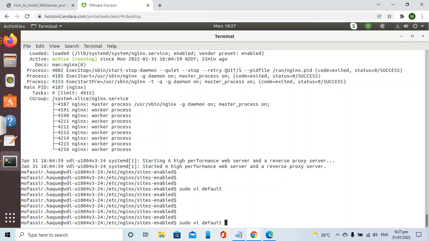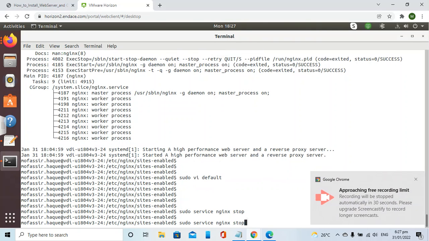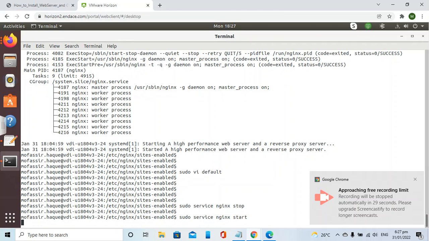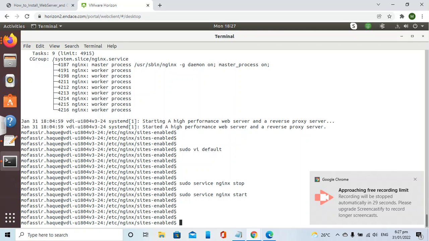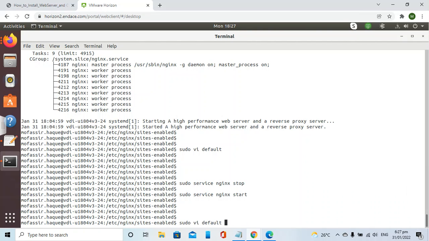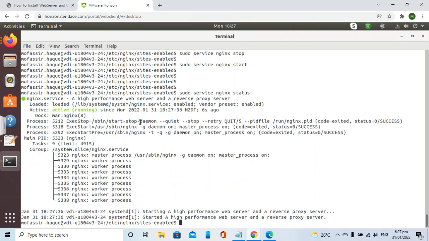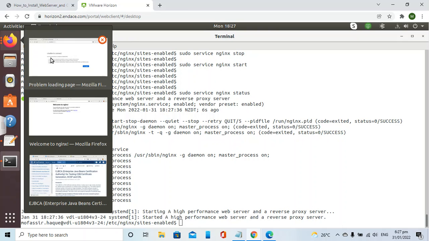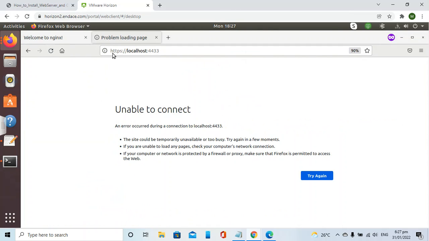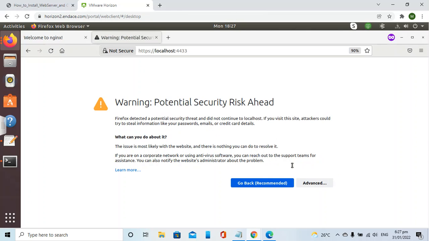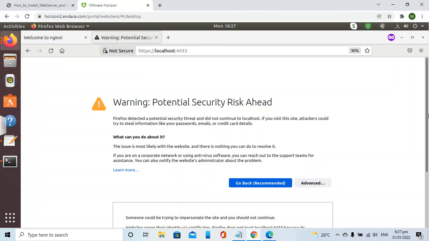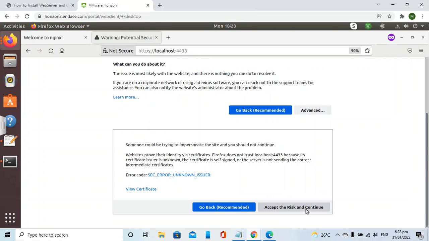Important thing is, whenever we have done this, we need to restart the service. So we will stop the server and we will again start the server. You can see the status, whether it is working or not. So we can see it is working. Okay, let's try to access the server using HTTPS now. Okay, over here we are getting this warning because I have not installed the CA certificate in my web browser. So if I had installed this certificate, I would not get